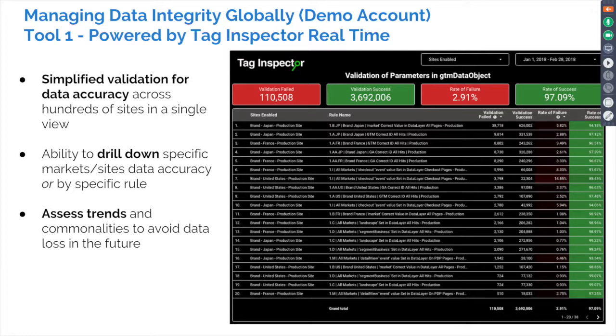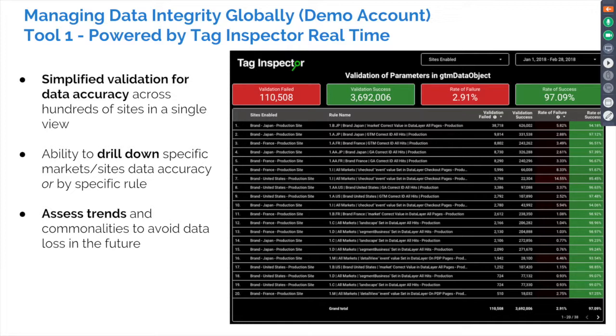So our technology Tag Inspector Real-Time sits on your website, sees how users are interacting, and in real time can tell if a particular event, action, or data layer attribute starts dropping or missing. It'll alert you, send a validation failure alert, and we have dashboards built